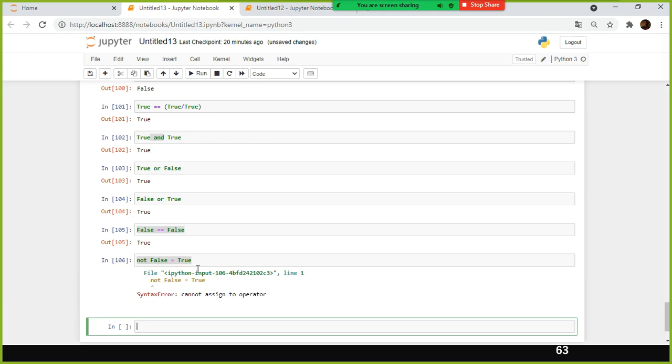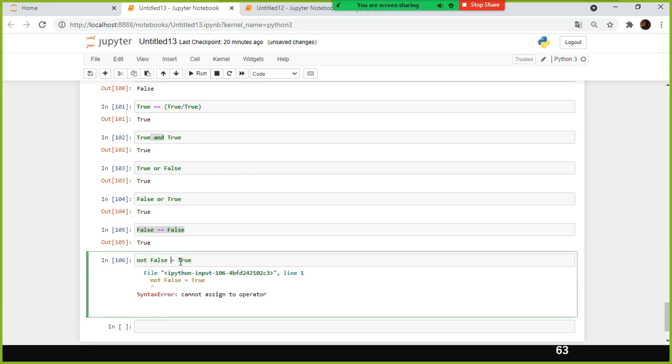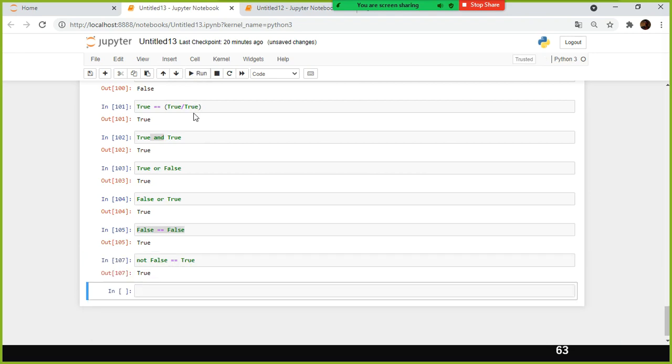Sorry, you use the double equal sign here. What is not false? That means true, right? Not false is nothing but true. So since it is true, it gives true is equivalent to true. We are comparing true with true, hence it is true.